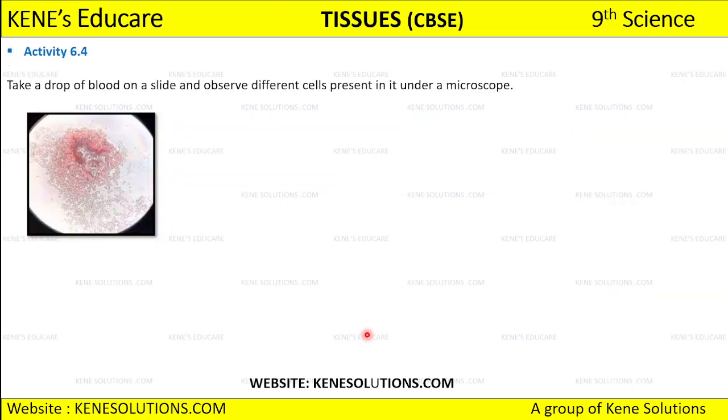Now see, this is an activity. You need to take a drop of blood on a slide and you have to observe the different types of cells which are present under the microscope. When you see that blood, what are the different kinds of cells which you can find? So you can find red blood corpuscles, white blood corpuscles and platelets,